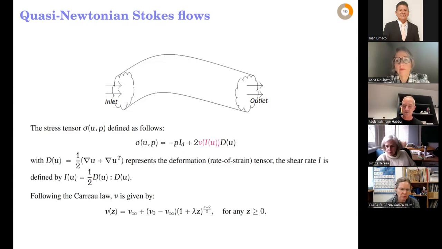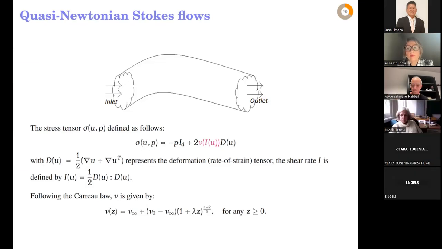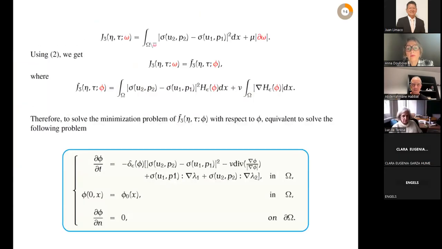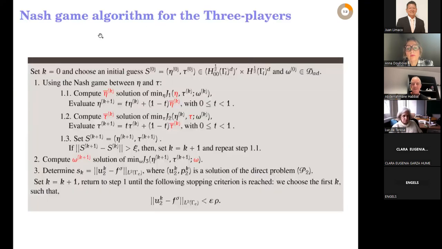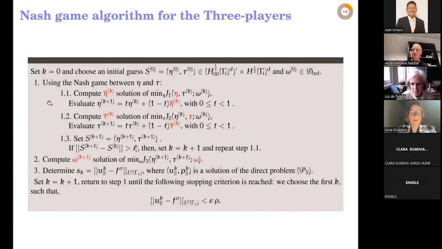And we were, of course, aware that these algorithms are really very costly. So in the linear case, we are happy that they work, but they could be not competitive with other, more efficiently designed